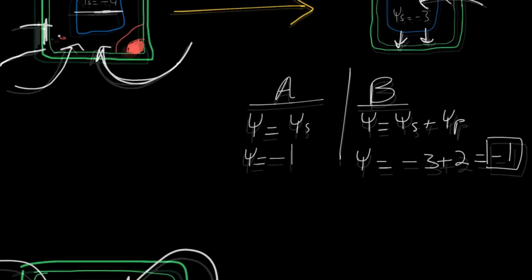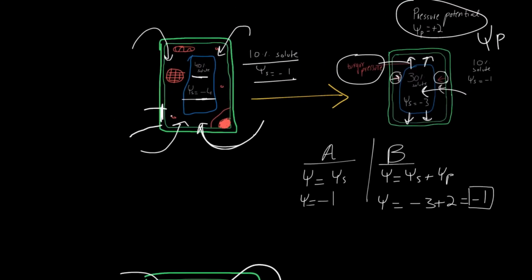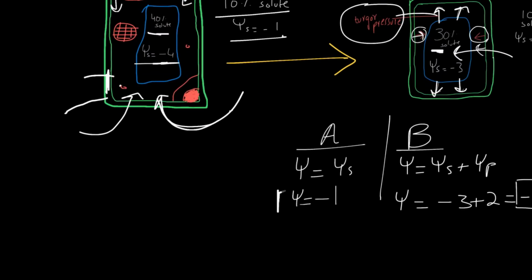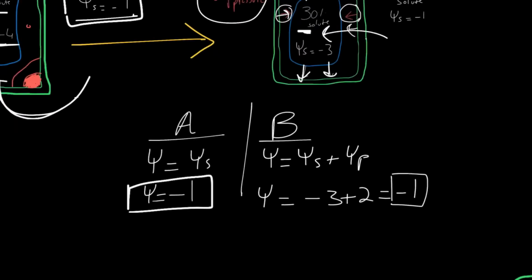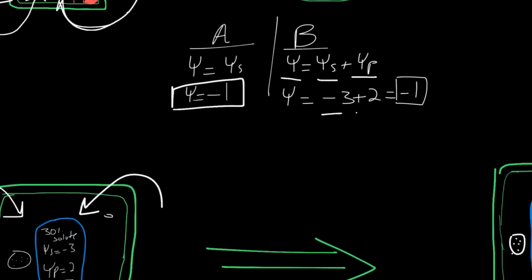So if I show you in terms right here, in this case, this is A, the outside solution, and the inside one, inside the vacuole, is B. So A has a water potential of -1, right, because water potential and solute potential are essentially the same thing. In B, however, the water potential is equal to the solute potential plus the pressure potential. So solute potential is -3, the pressure potential is +2, so it balances out. It becomes -1, which is also the outside, right?